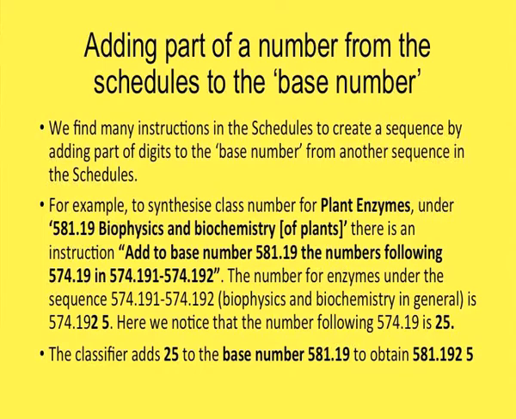We find this number for enzymes and we add the number following 574.19, that is, which comes after 574.19. This part of the number has to be added to the base number. So, the 2 5 digits, 25, are to be added to the base number